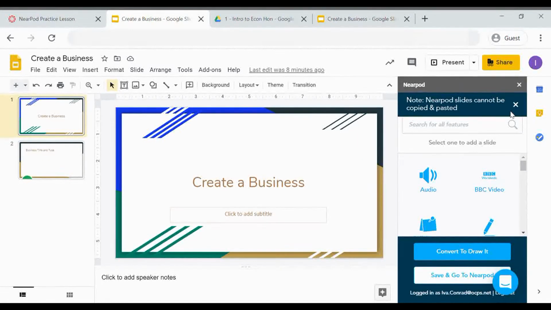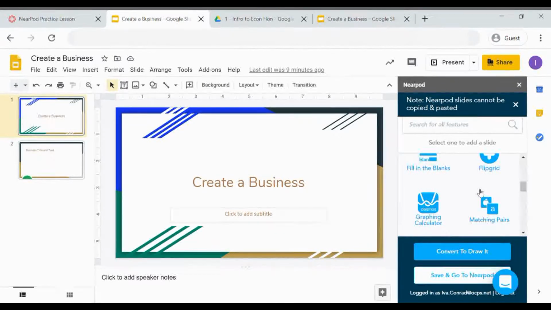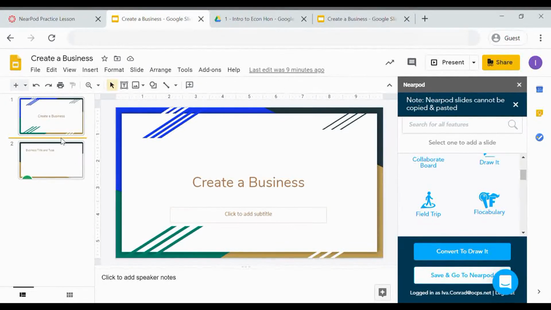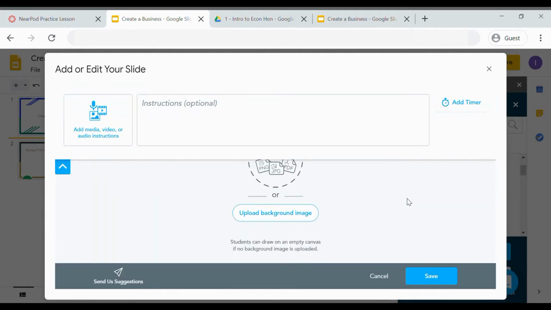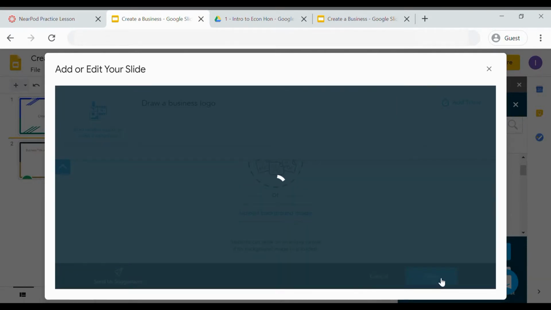Now I have all the options I would normally have in a NearPod, but I can simply add them to my Google Slides. So for example, if I wanted to create an activity between these two slides, I would click between the two slides, I would choose my activity, such as a draw it. I could type instructions, such as